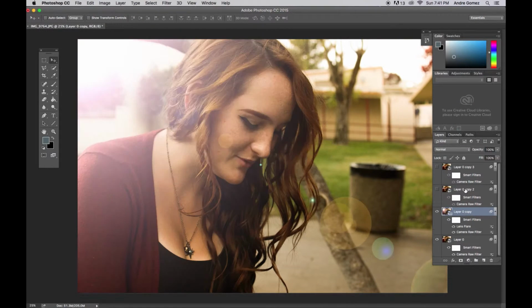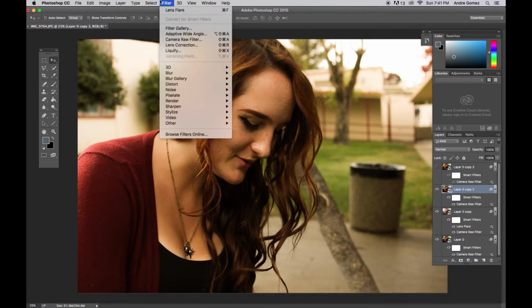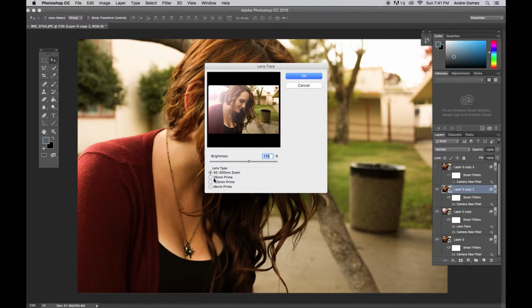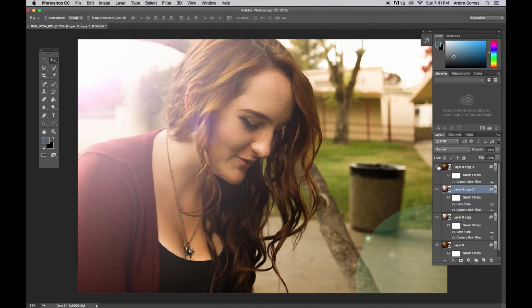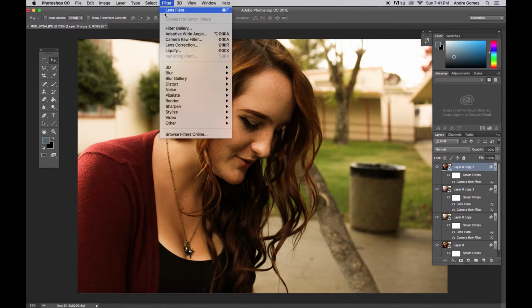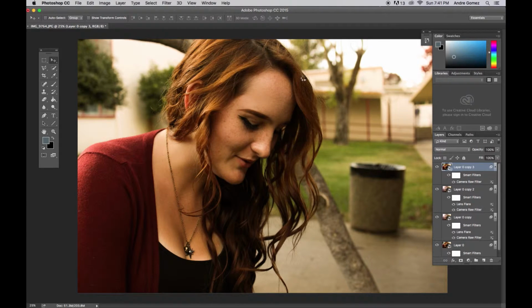And then you go to the next one up, turn it on, and this is why I turned it off before, because if you have it on you can't see what you're doing. So if I just click Filter, Lens Flare, if you already did the lens flare, it's going to be at the top there, and then I'm just going to click the next one down, press OK because it's already at a pretty bright spot, and I'm making it more dramatic than it needs to be on purpose, and you'll see why in a second. So if I click onto movie premiere, these different lens flares are based off of what lens